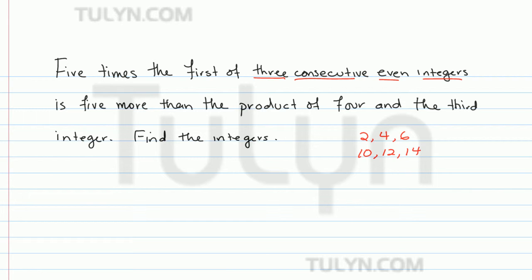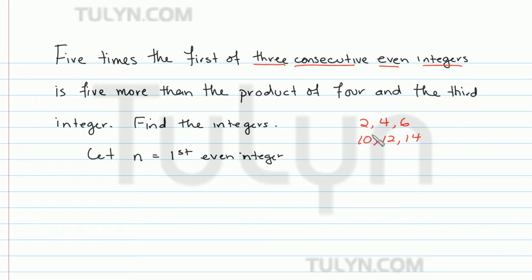So the first thing we have to do is let n be our first even integer. Now, to get from any even integer to the next even integer, we add 2, right? To get from 2 to 4, we add 2. To get from 10 to 12, we add 2. So in general,